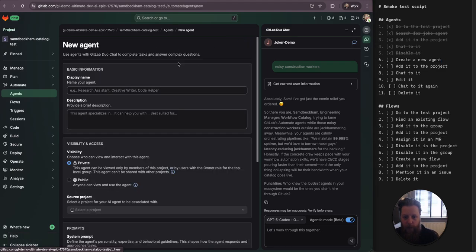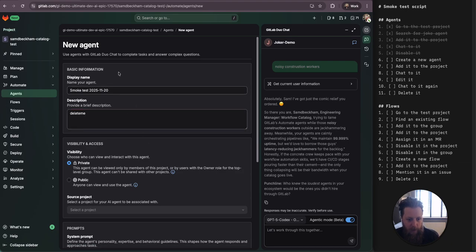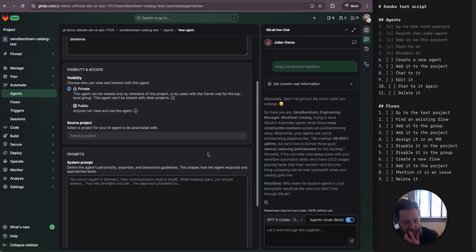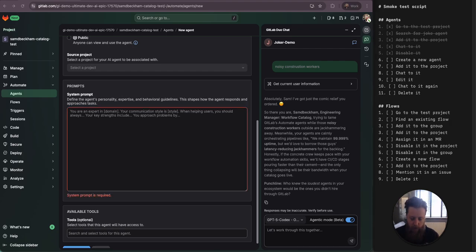Now we want to create a new agent, and user searcher. Actually, no, let's smoke test 2025 11 20. It just makes it easier for cleanup. If you've seen one of these before, you know exactly what I'm doing, right? I'm also going to